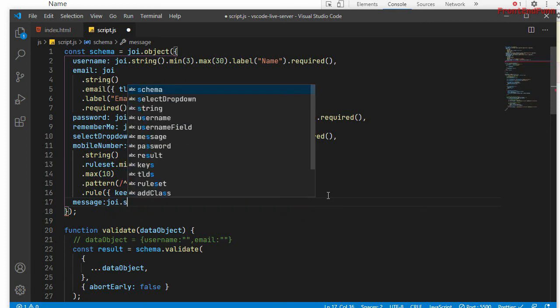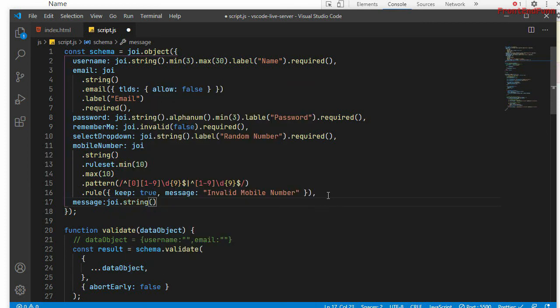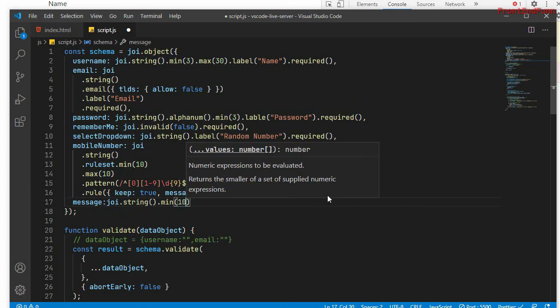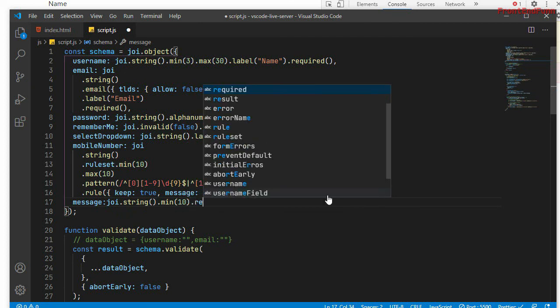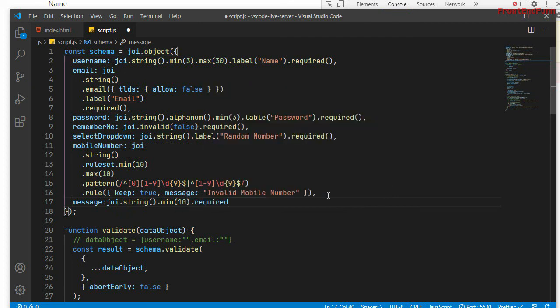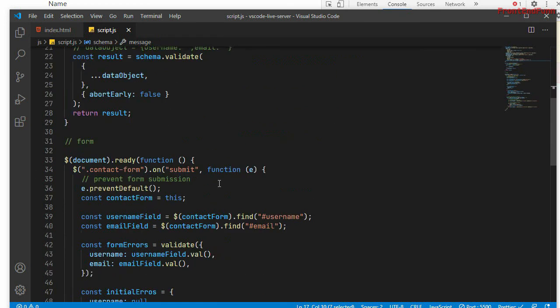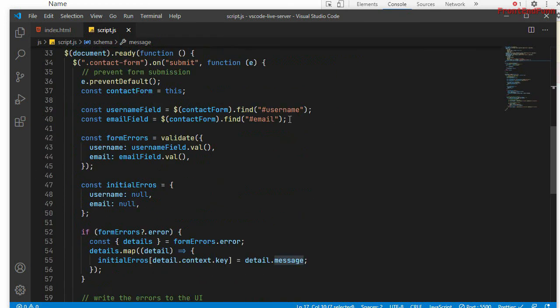So I'm just using dot string dot min 10 and required. Okay, so now we have the username, email, password, remember me checkbox, select drop down, mobile number and the custom message. We need to pass the values from those inputs into the validate function.